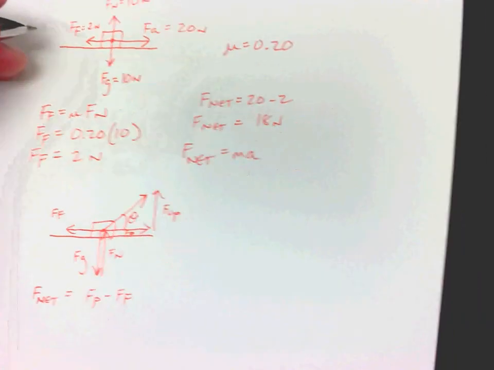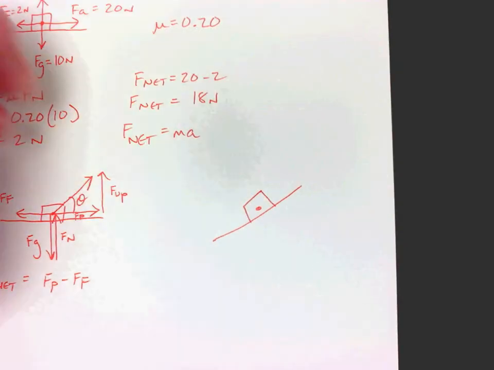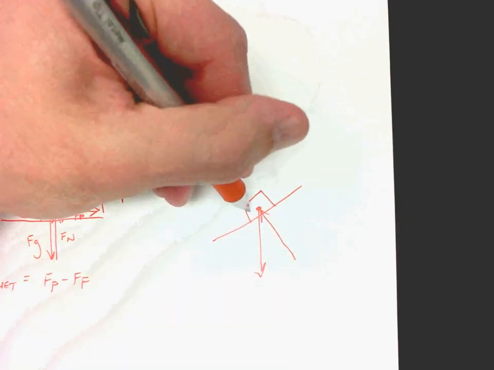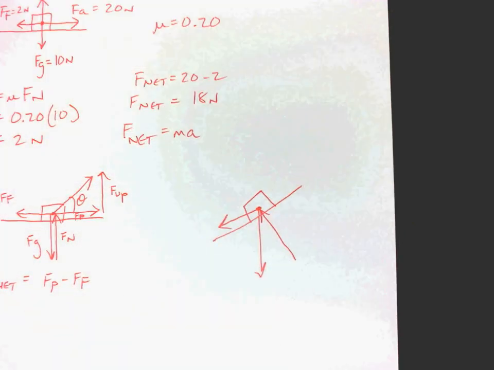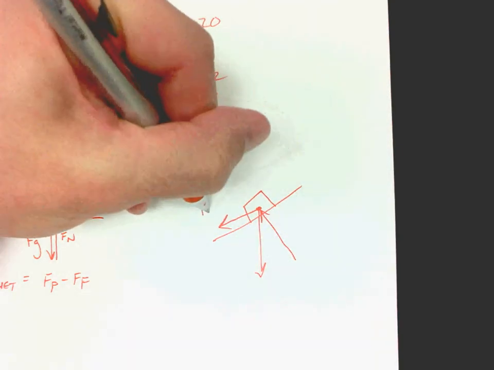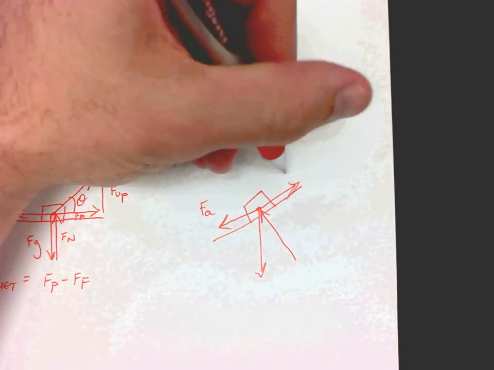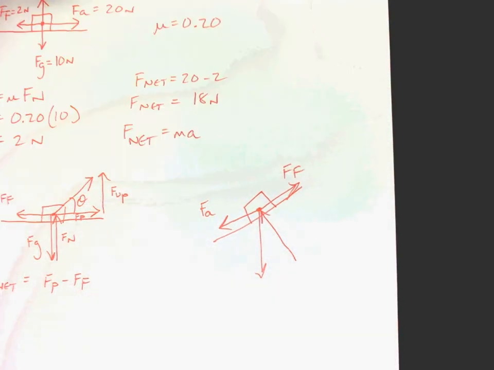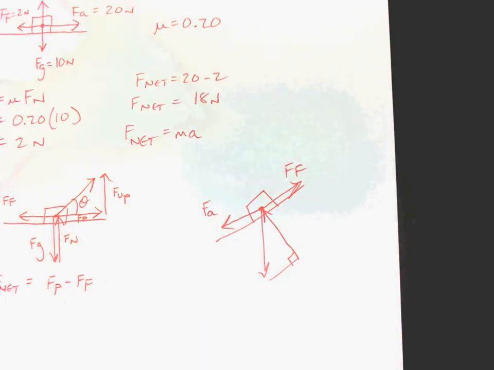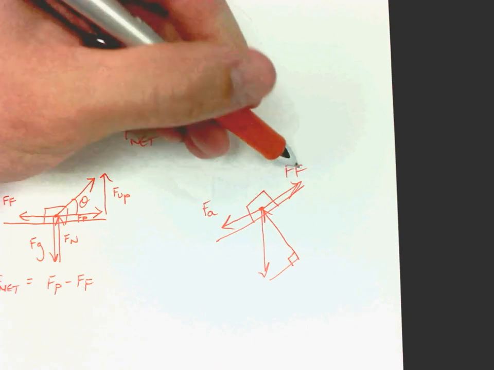And then if you're doing our incline problems, it's not a very good incline, but we'll work with it, where you've got this scenario going on. If this thing's sliding down the hill, we call that our FP, or our applied force by gravity. It's a really sloppy drawing. My apologies. We've got FF working up the hill. So in this diagram, to get your net force, you're going to have to use FA minus FF. So F net here,